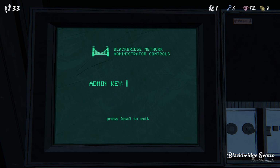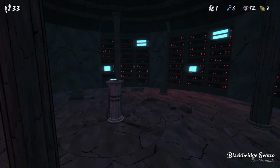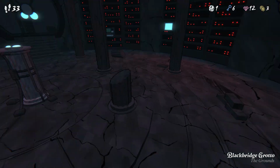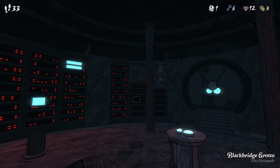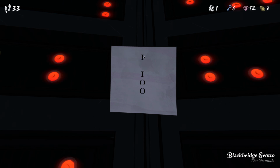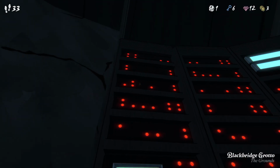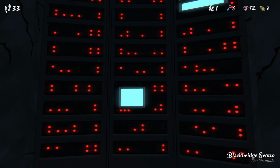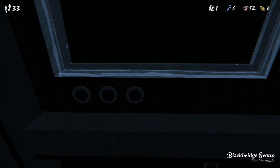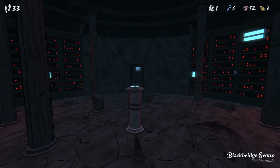So, okay, I think I need something else, an admin key for that. But anyway, I got a comment just telling me to maybe spend some more time in here. So there's this 100 or maybe 1OO, and there's some monitors and some flashing lights and stuff, and this is turned off, and there's the door, and I assume again this opens as long as we get the 3 microchips,